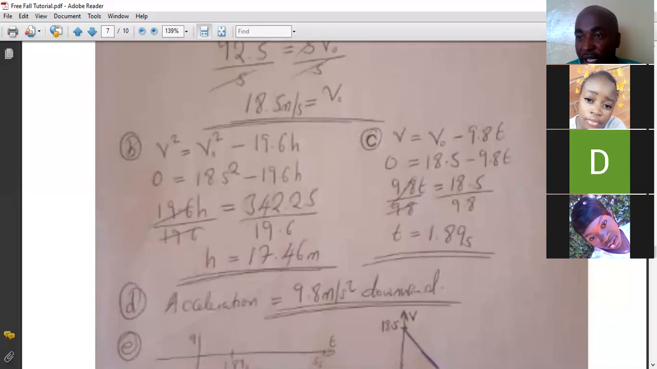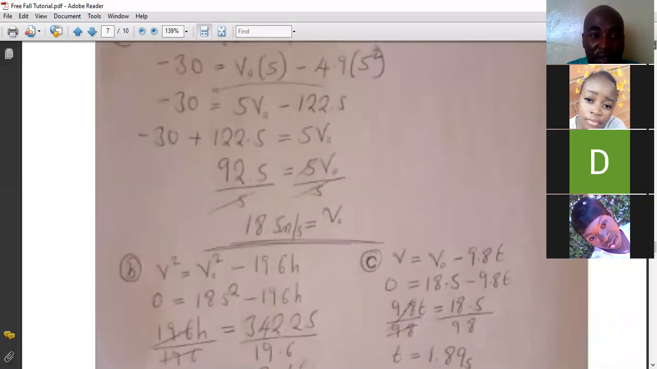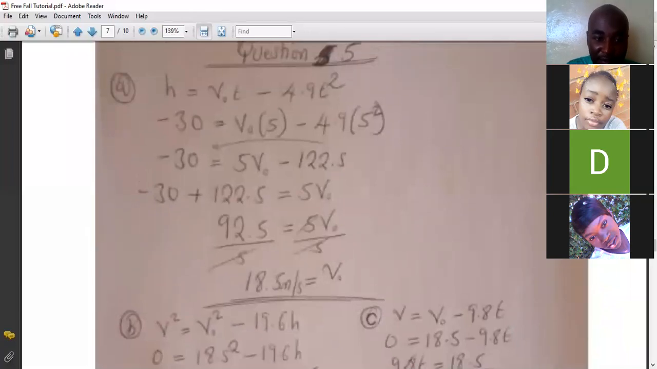So A was the initial speed. They've told us that it reaches a point 30 meters below after 5 seconds. So you go to the equation that has a height and also has